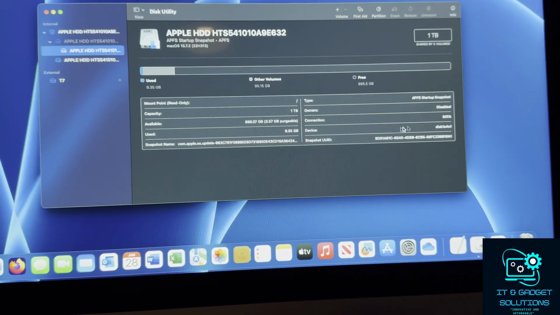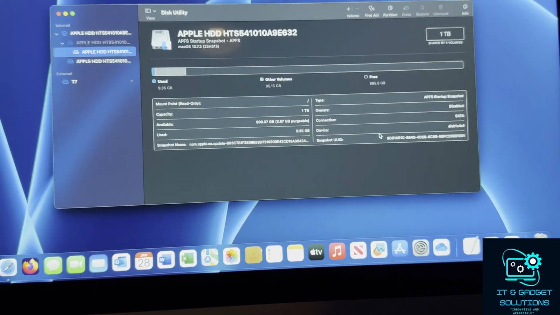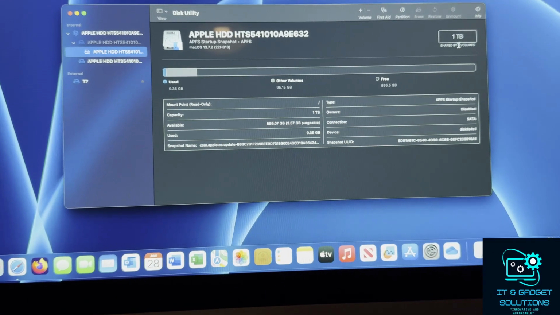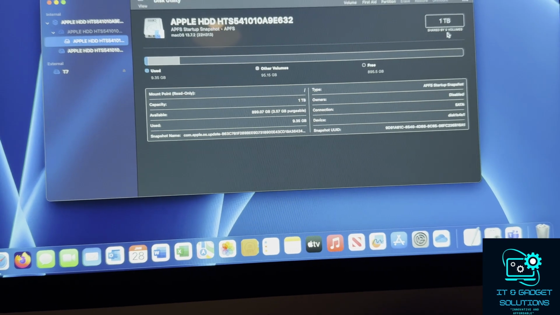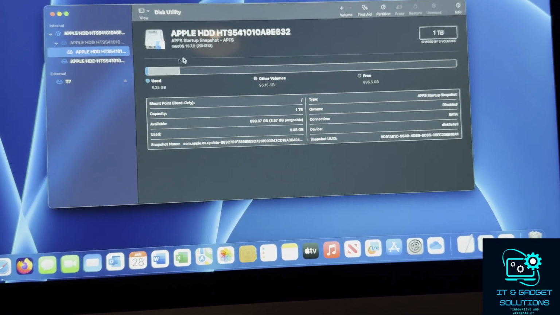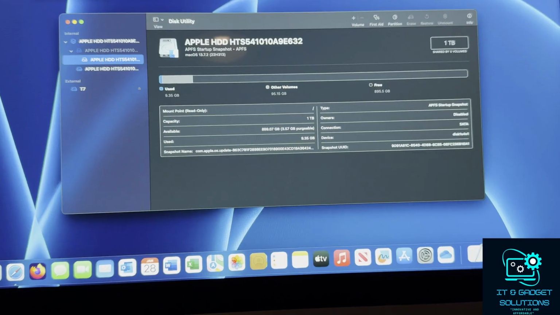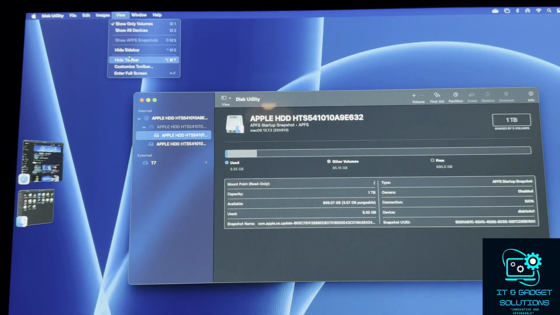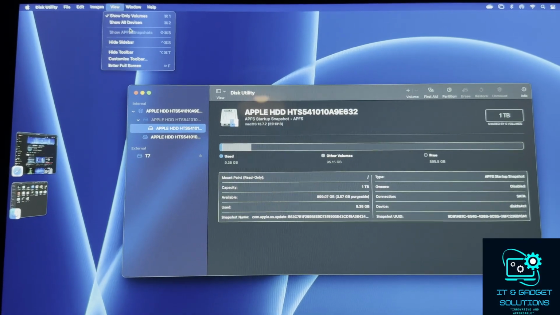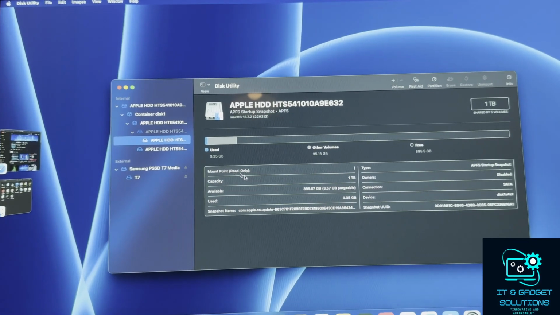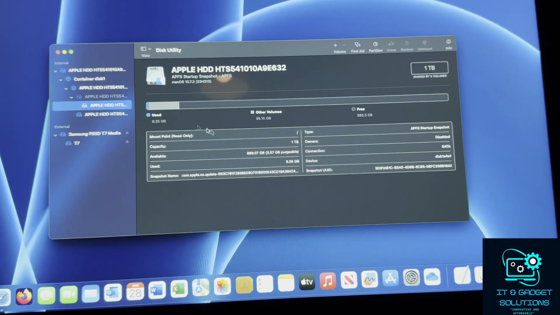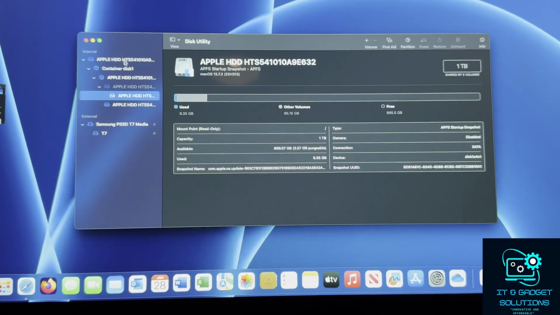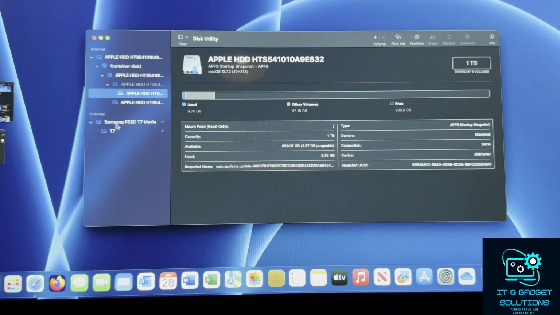This is a 1 terabyte SATA on the Intel iMac at the moment, as you can tell at the top right hand corner there, which is shared by 5 volumes. So, to go into some of these features, just at the top there, go to show all devices,